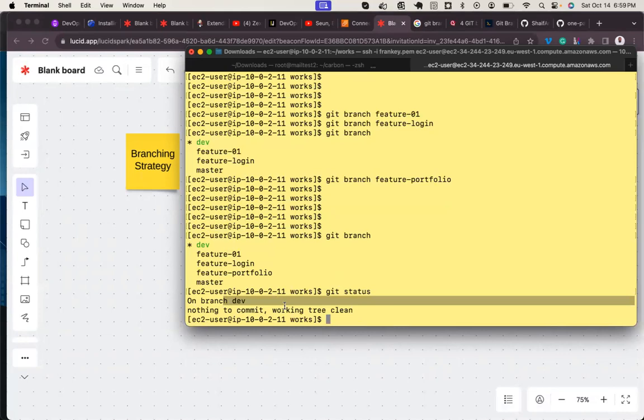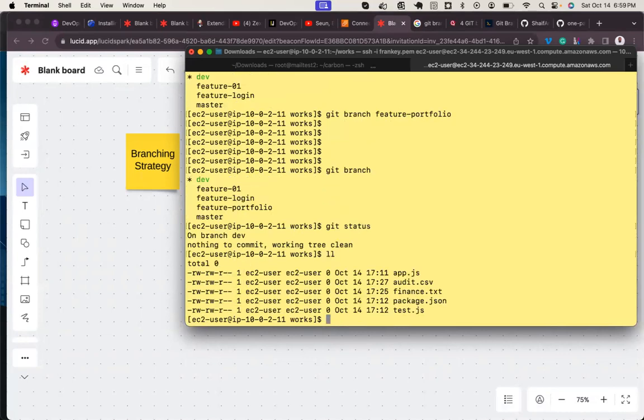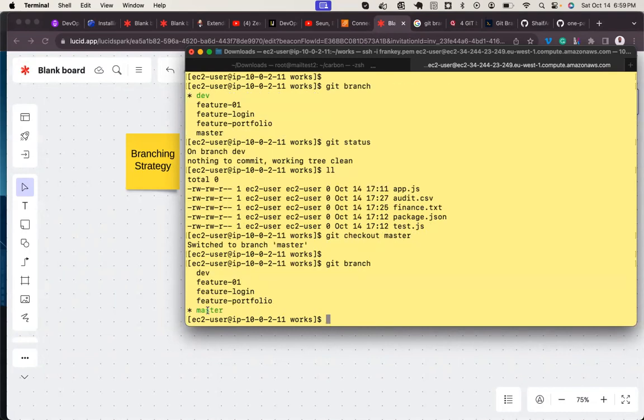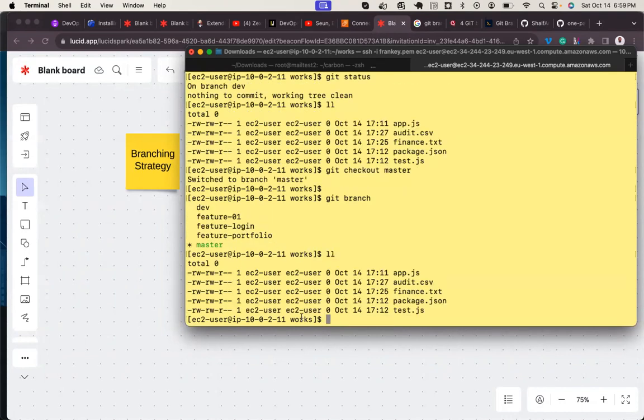My dev branch is empty. All right. Dev branch is empty. Let me switch back to master. Git checkout master. Git branch. Master. So I have these files on master.